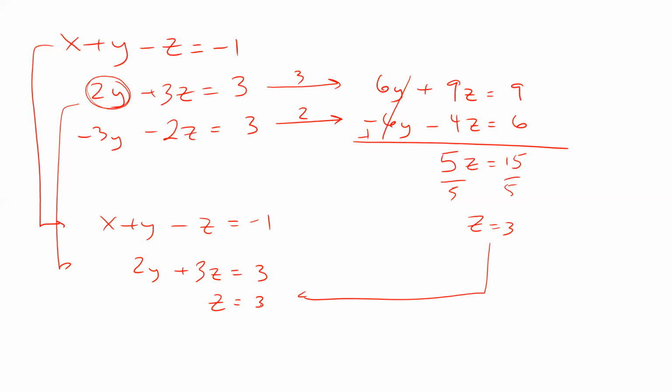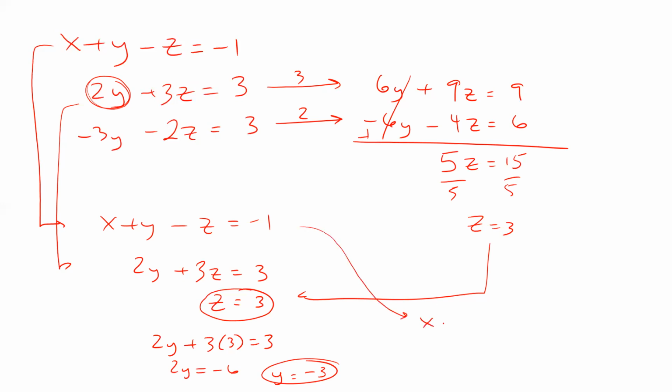All right, now we have the beginning of the end, right? This is true, and if that's true, then 2y plus 3 times 3 would give you 3. And we start working backwards now. Let's see, that's going to be 9, negative 6. Perfect. Are we okay there? Working backwards, this is the easy part. So now you just work backwards to the end. And then rewriting the top equation now. It's going to be